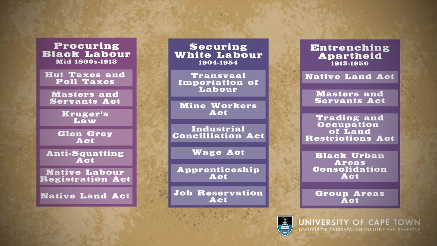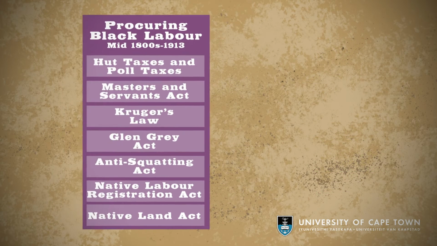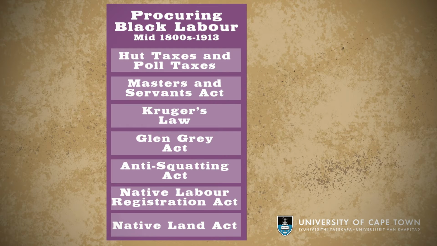It can be traced back to have started with the hut taxes and poll taxes in what was then known as Natal, under Law 13 of 1857, which required payment per hut occupied by what was referred to as natives. Natives who lived in European-style houses with only one wife were exempt from the tax.